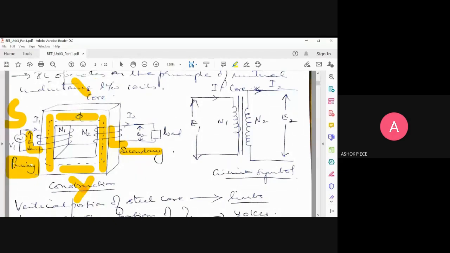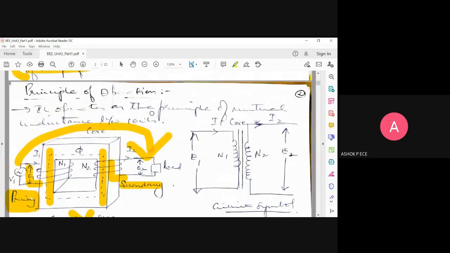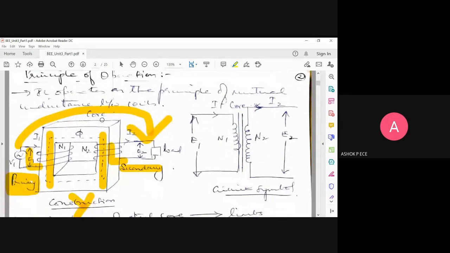So a transformer is going to be having a core, and in the core you will have two limbs. On either side of the limbs, you will be connecting your primary and secondary. So primary portion will have your alternating voltage source. Secondary side will have your load. So power is transferred from source to your load through this core. Actually, the primary and secondary are not connected directly, but still the power supplied from V1 will travel through the core and will reach your load by the process of induction. So we will be studying about that. So this is the construction of your transformer.